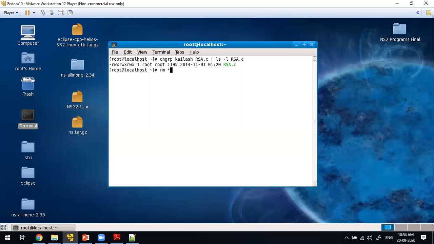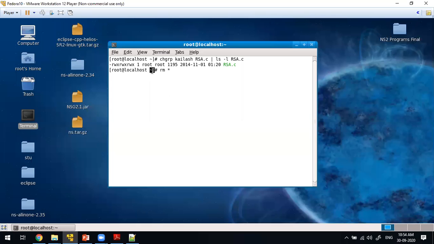Whenever you enter this command and press enter, the shell will take rm star as an input. Directly it will not send this instruction to the kernel to execute. It will do the replace work. That star will be replaced by all the file names which are present inside this directory.